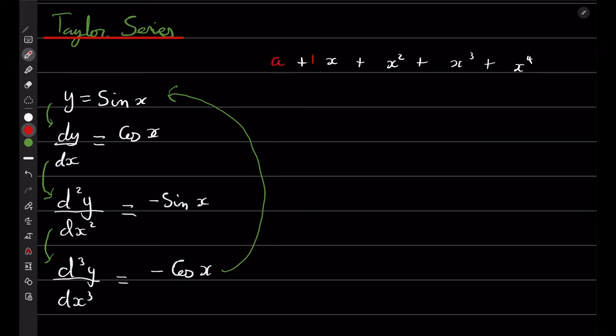A, B, C, D, E. Those are the constants. Okay, so we know that sine of 0